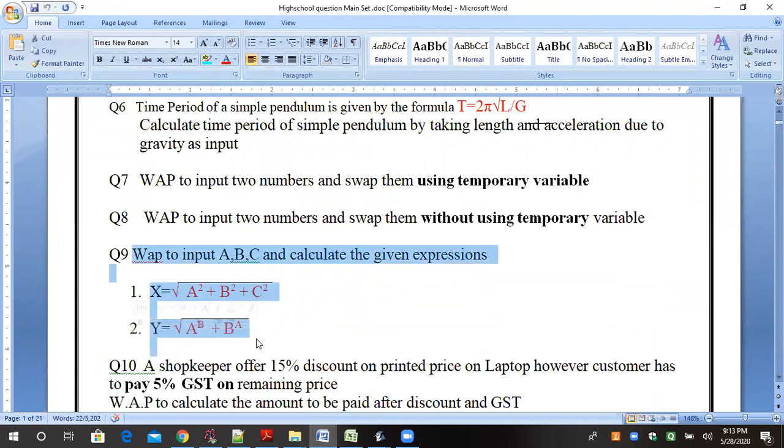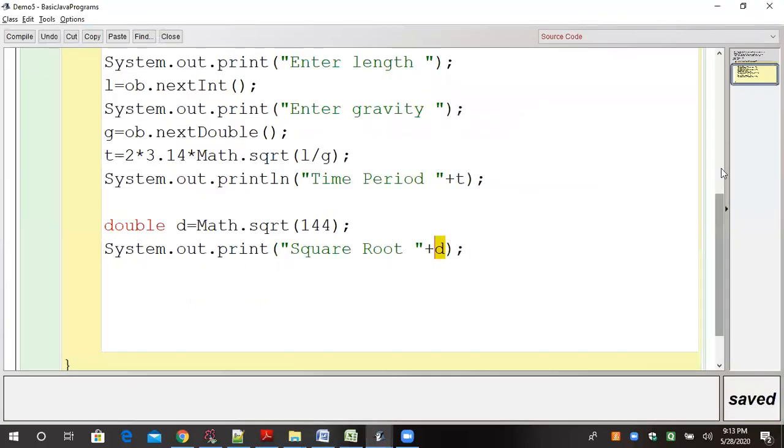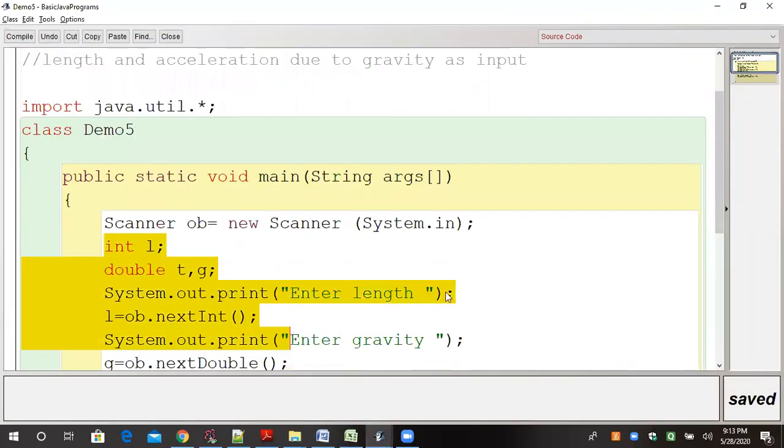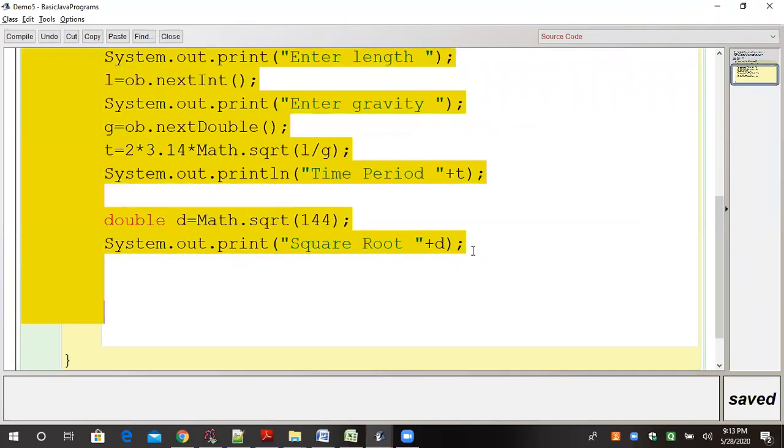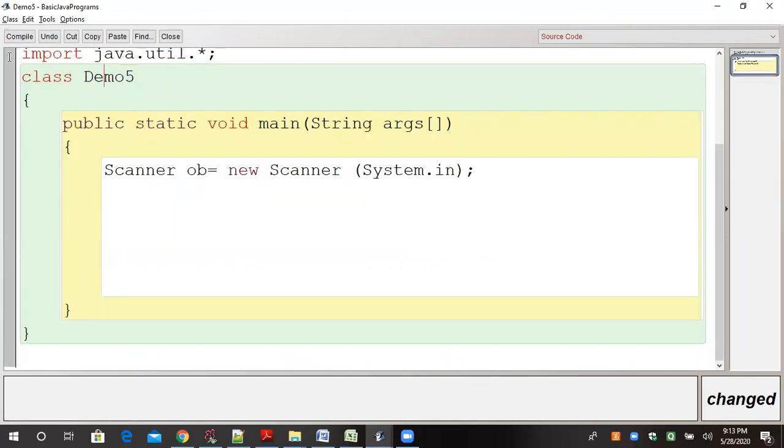Now, this is question 9, and this question is divided into subset x and y. So in these questions, we have to take the input of A, B, C. A, B, C are the input, and then these A, B, C values we have to put in this formula. This is basically the last question of today's session. So write a program to input A, B, C. So how to take the input A, B, C? I'm just erasing all these things because it is not required in this question. Okay. Now I have to change the question also.